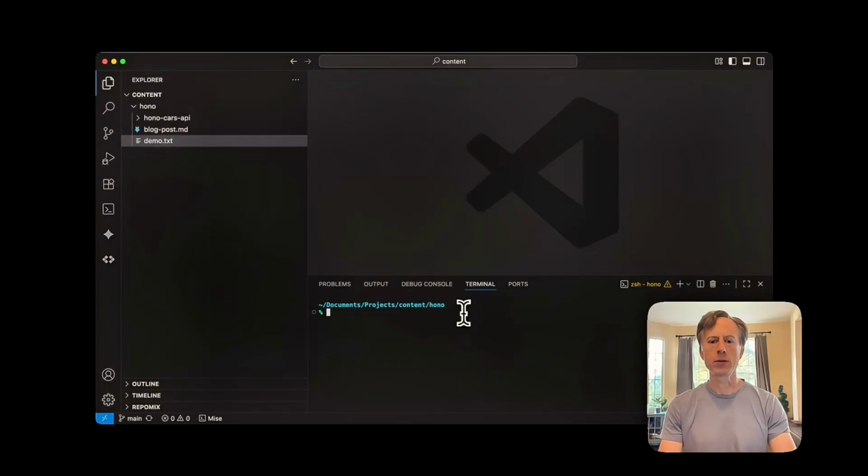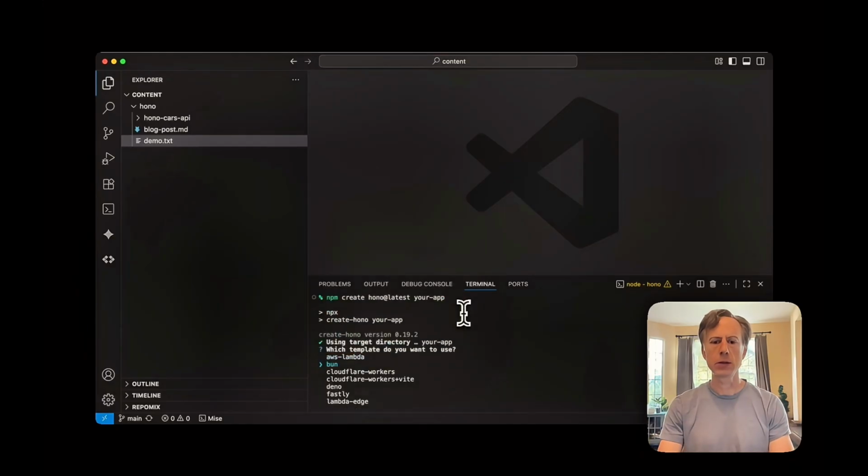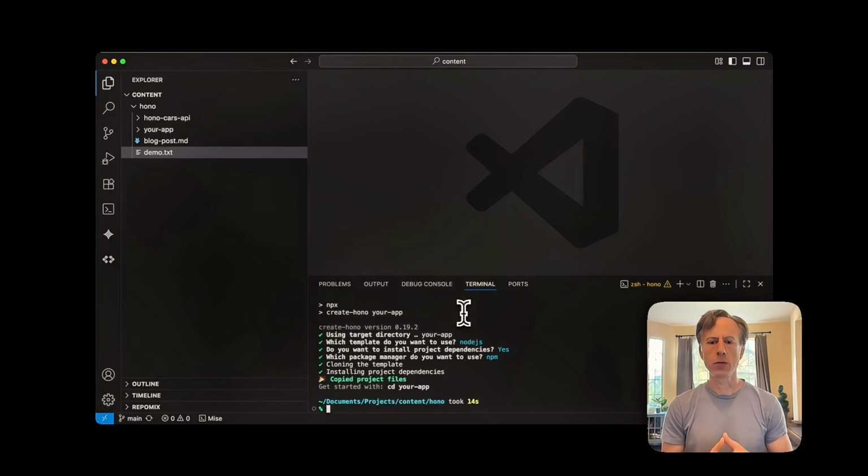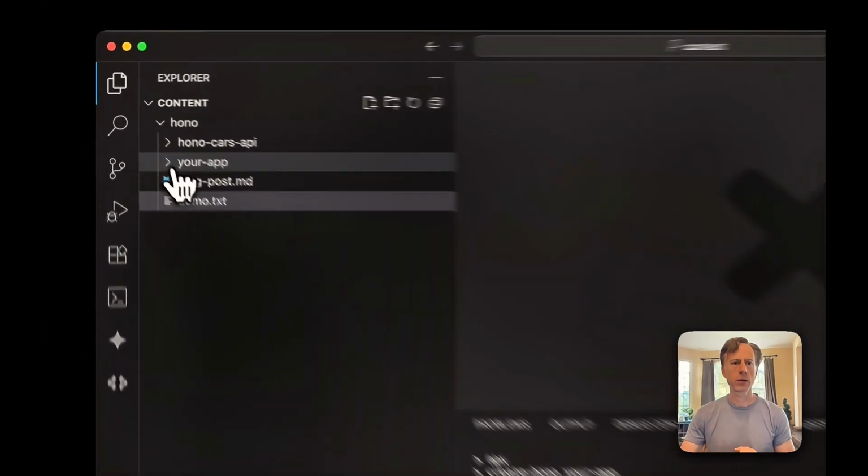Let's get going. Let's start with creating a new app using the CLI. So we're going to create a new application. We're going to select Node.js, which is what we're going to use to eventually deploy on the cloud. I have a couple choices here for package managers. It's then going to create a new project which has a few files in it that let's take a look